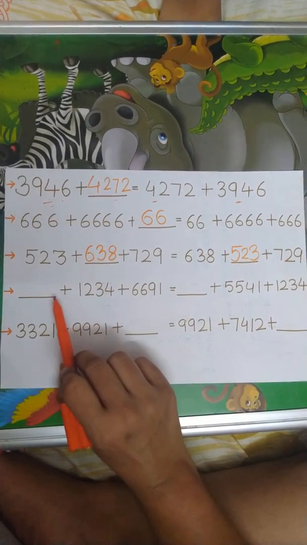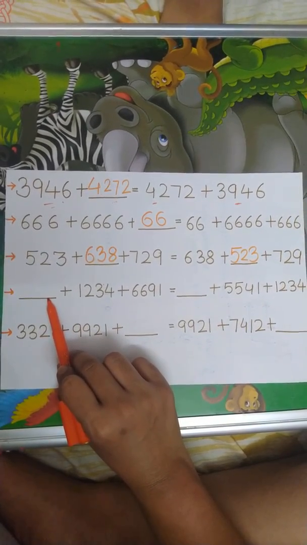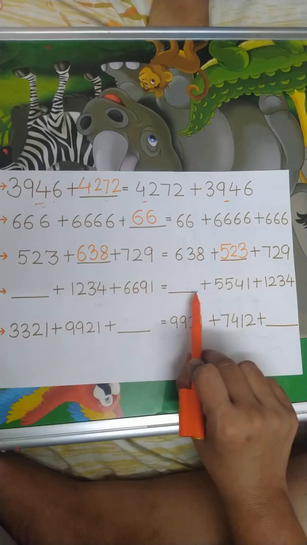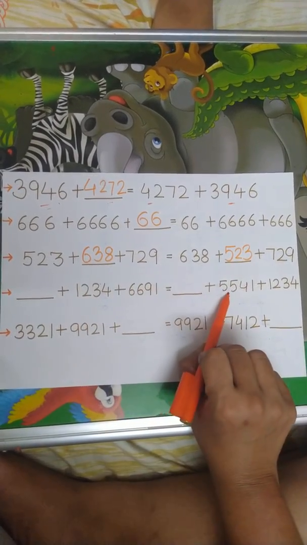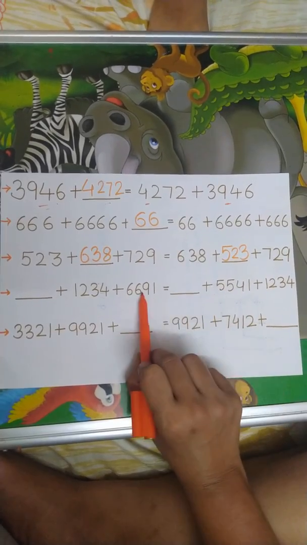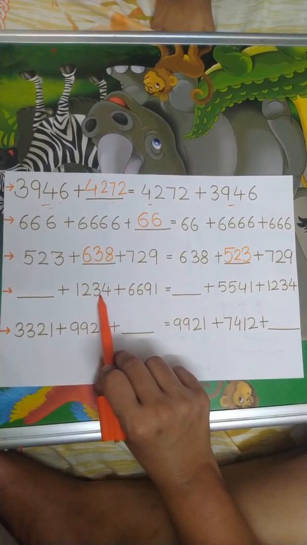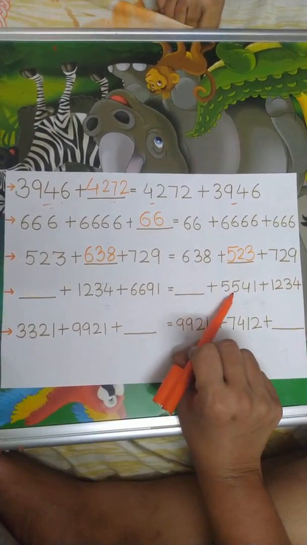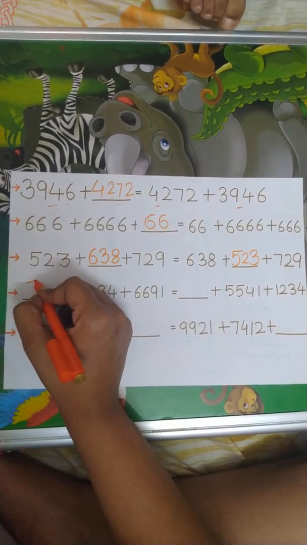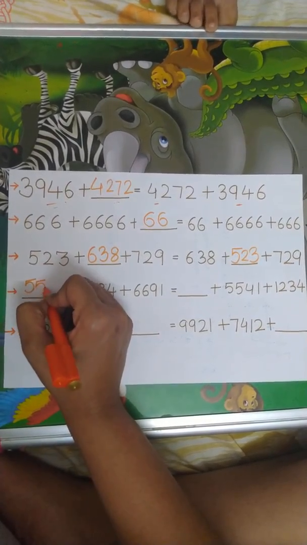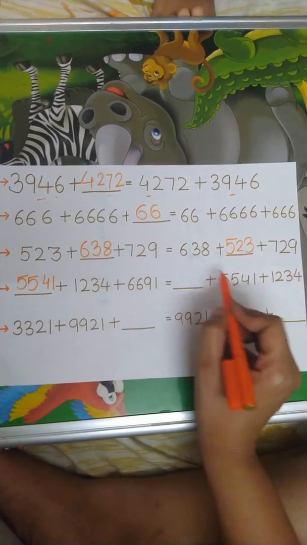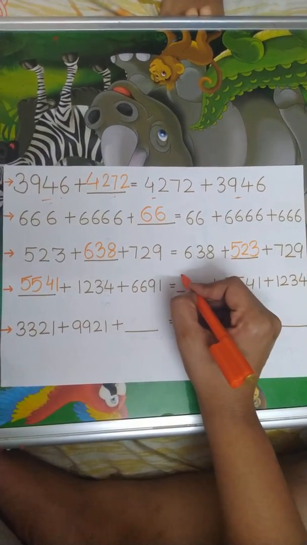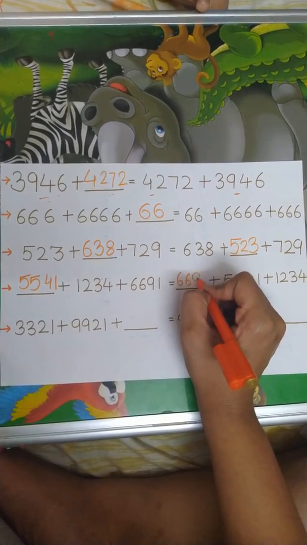Now next, here one addend is missing. So now look here, which addend is here which is not here? Yes, this addend I cannot see over here in these two. So this is the dash, this is the new addend. I will take this addend and write it over here. And here this addend is missing, so I'll write this addend.